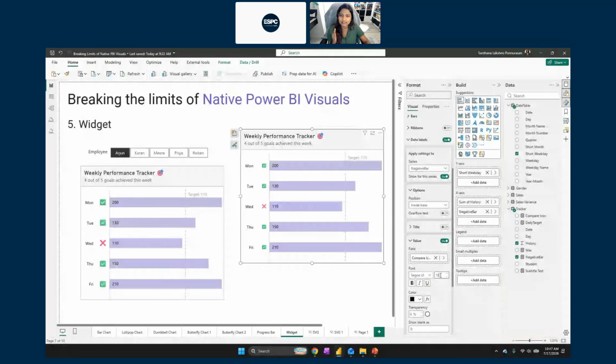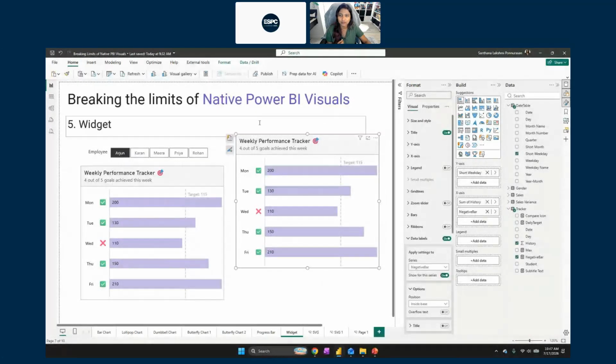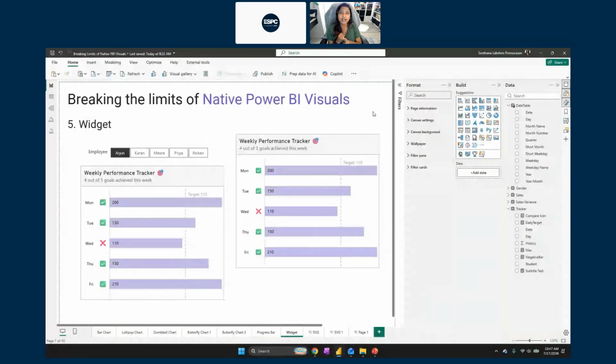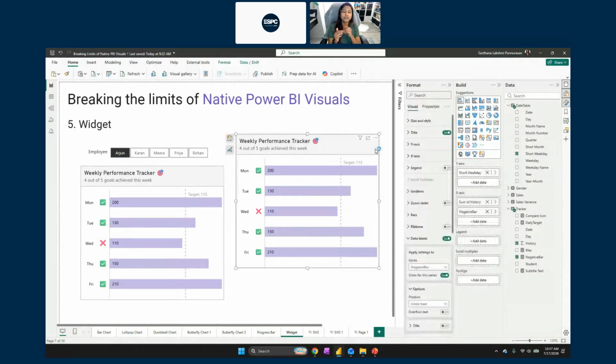Next, play around with the sizing. If you want it to look a little bigger, play around with the sizing to get the required visual. And that's pretty much it. Just by adding a reference line, creating a false negative bar, making it transparent, replacing my values with icons, you get this beautiful weekly performance tracker that gives you a lot of insights at a single go and is very, very accessible. If you think you do not want to use reds and greens, icons are the way to go. Much easier, much neater, looks pretty, and people will actually want to use this.